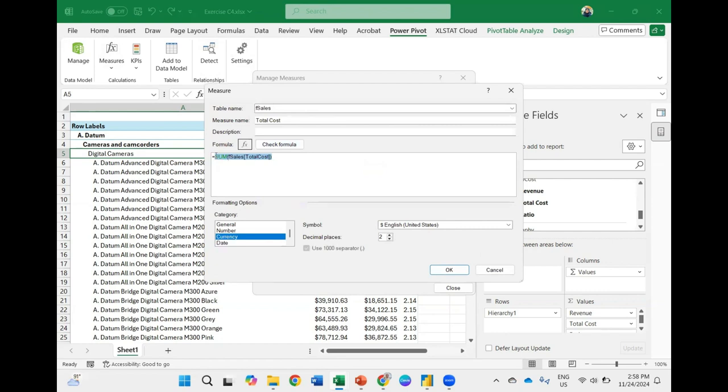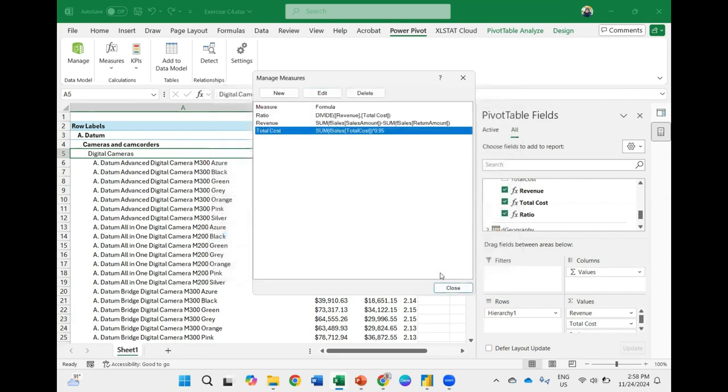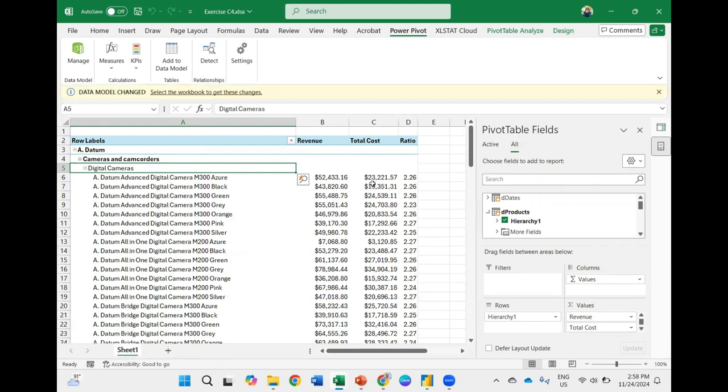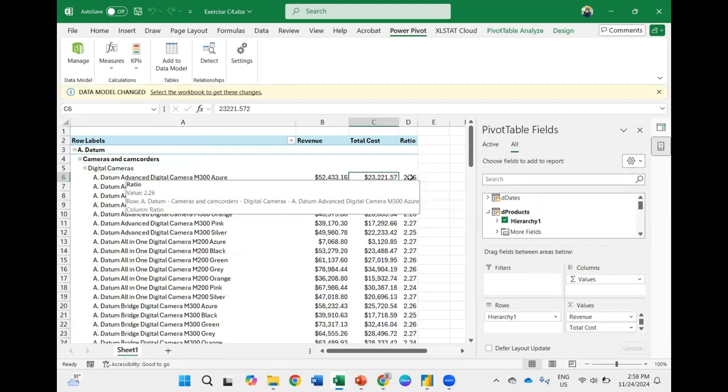That sum of total cost, we want to consider total cost as 95% only, times by 0.95. We should minus 5% for the cost that cannot be calculated in the total cost. Then click OK, close, and automatically it changes all the figures here and also the ratio.